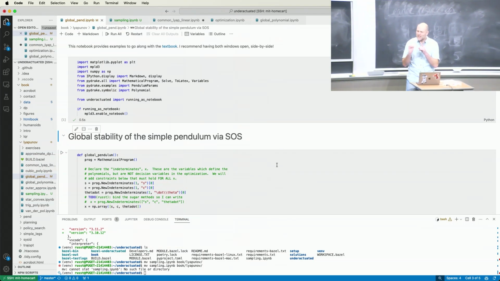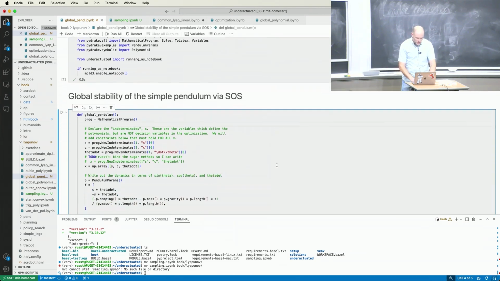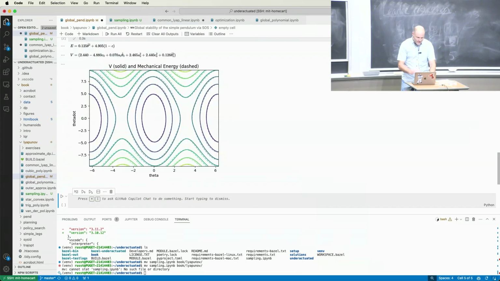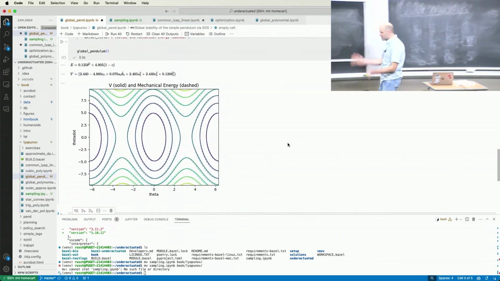Okay, and it still had this foible, which was that we had to use LaSalle's principle to actually say that it was going to get there, because the energy dot is less than or equal to 0. So we needed to actually say that we had asymptotic convergence. We needed one more argument. All right, so I'm just not going to go through the code here, but let me show you the result. When I hit enter on the code and it solves instantly or whatever,